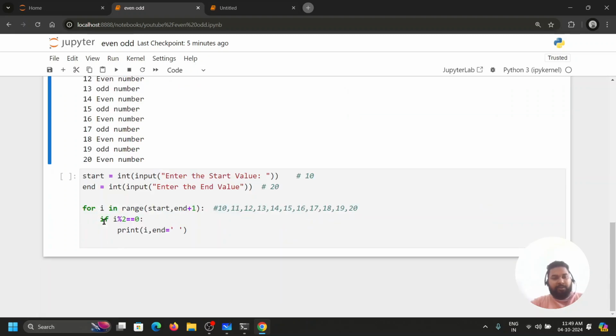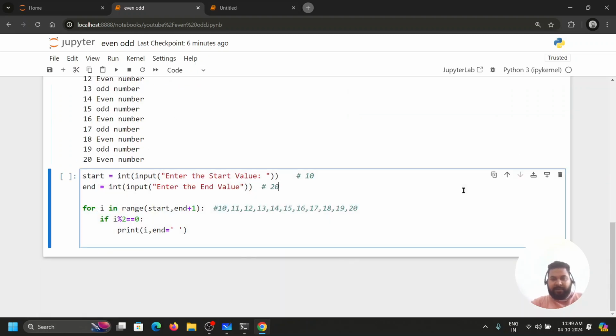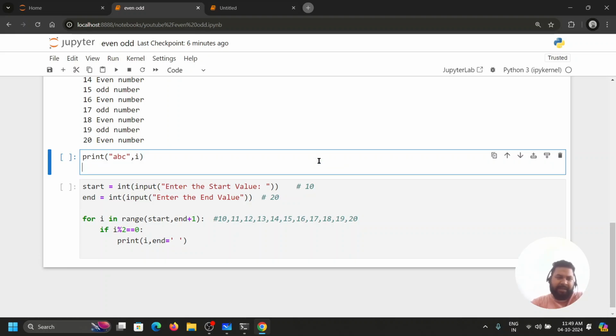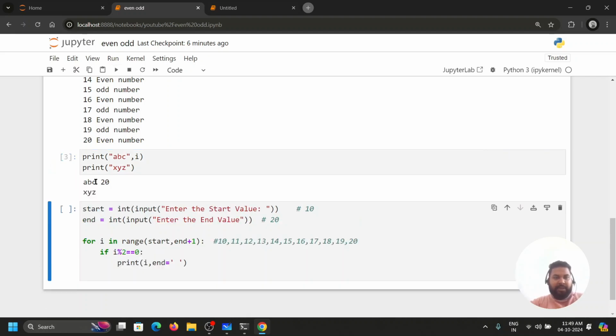Okay. To understand it better, I am taking one more cell on the top of this, and I am doing this. So print ABC, like this, ABC, and putting here comma and printing I. Whatever the value of I it will take, no problem. And then again I print XYZ. If I run this code, what you will see, ABC 20, and